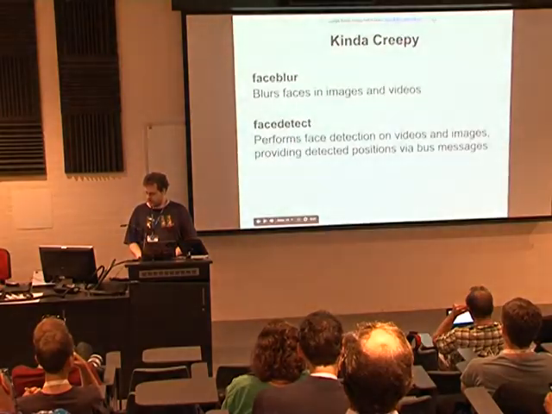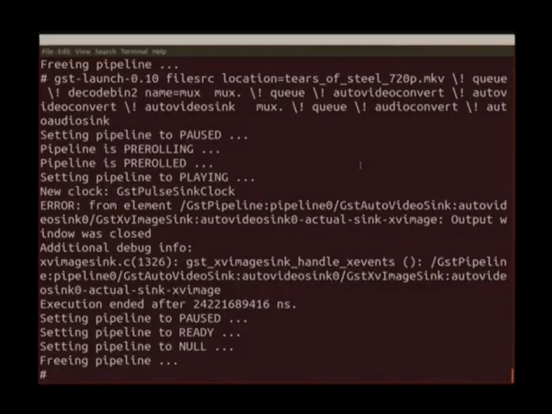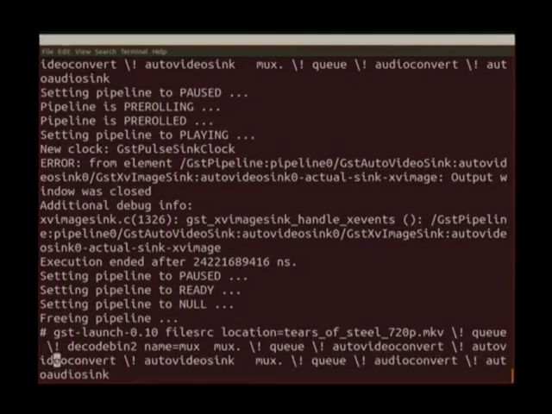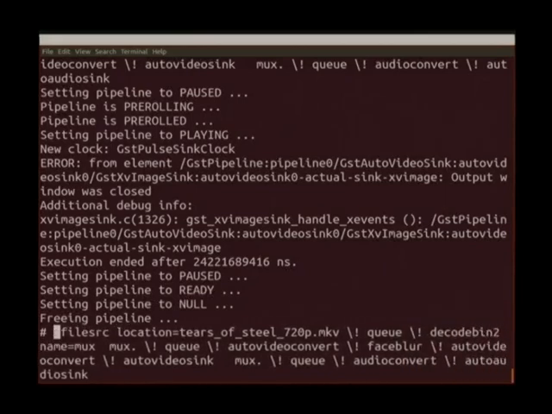So what else can you do? I think some of the coolest things, which are also kind of creepy, is face blur. You can basically put in your pipeline a thing that will blur the faces of people in the video. Although it's called face blur, it basically takes what's called an OpenCV Haar cascade, I don't know how to pronounce it, but there's a whole bunch of different profiles. Some of them will detect the person from the front, some from the side, some will do both, some will do things like detect drinking bottles and blur the label. So though it's called face blur, it doesn't actually have to be just faces. And again, I just go in here and go face blur, and this is a rather new plugin, so it's only available in the